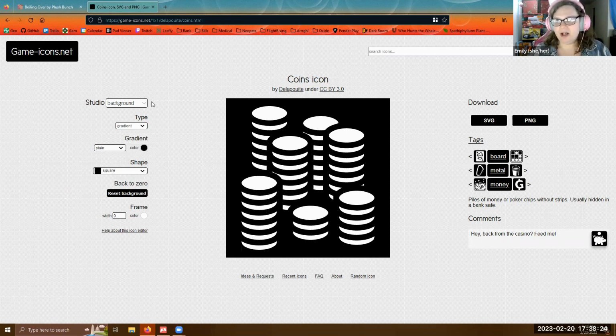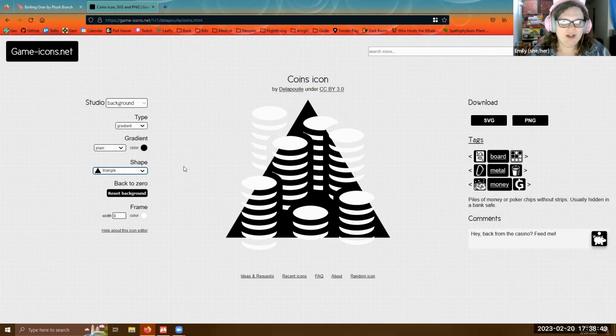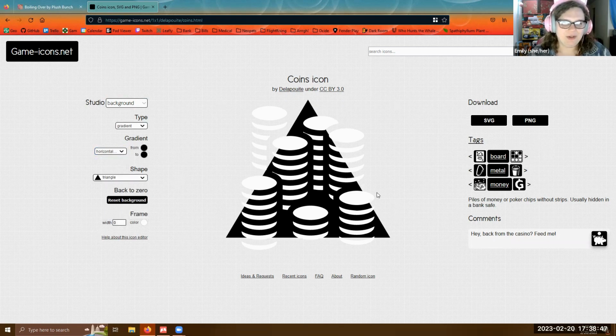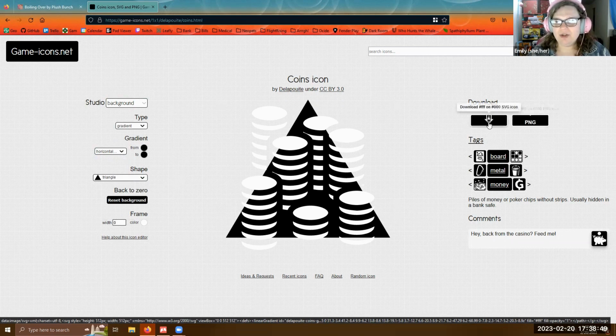I used it a lot when I was in, honestly, I think I used it in literally every project after I learned this, but it was especially helpful in board game development because there's all kinds of icons and graphics that you need on cards. You can very easily change shapes and colors, and it's pretty cool. You can even add a gradient to it. And you can download as an SVG, which is a